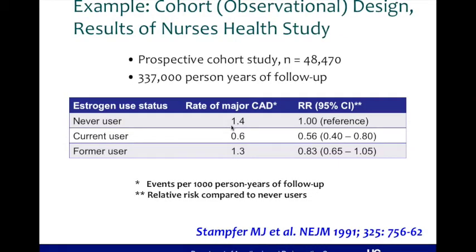But one cohort study that was large and very convincing was the Nurses' Health Study, which looked at 48,000 people for almost 10 years, so about 337,000 what they call person years of follow-up, a term you often hear in cohort studies. They multiply the number of people by the number of months they're followed, and found that patients using estrogen replacement had a relative risk of about 0.56, so almost half the risk of developing a major coronary disease compared to people who